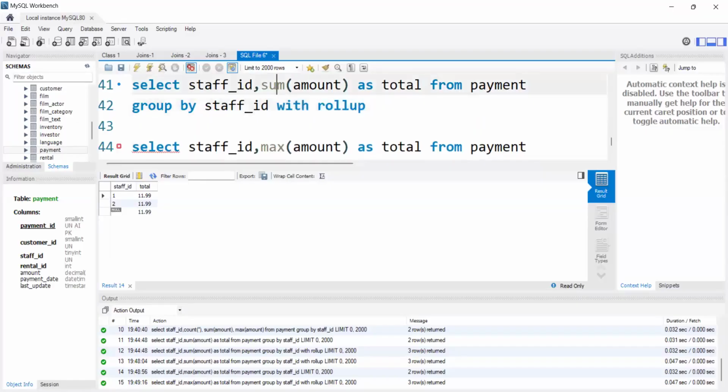Basically in real time we will use it along with the sum function only, just to understand what is the total payment made by the complete company in that business. If I want to know, for example, if we talk about any BPO or something, they will have some targets, correct? To complete their work, they are having